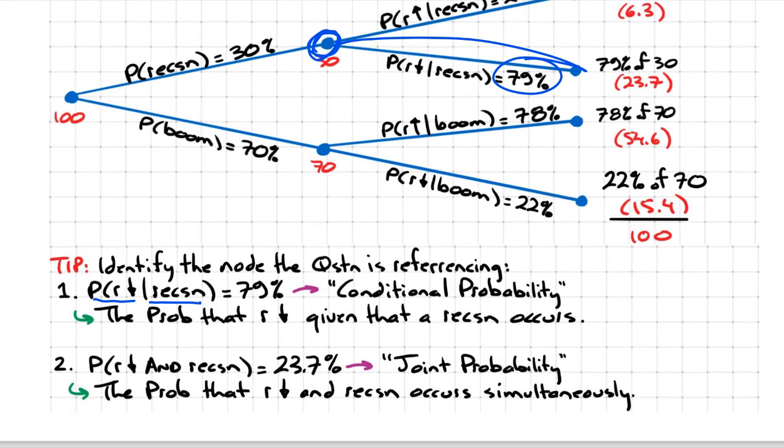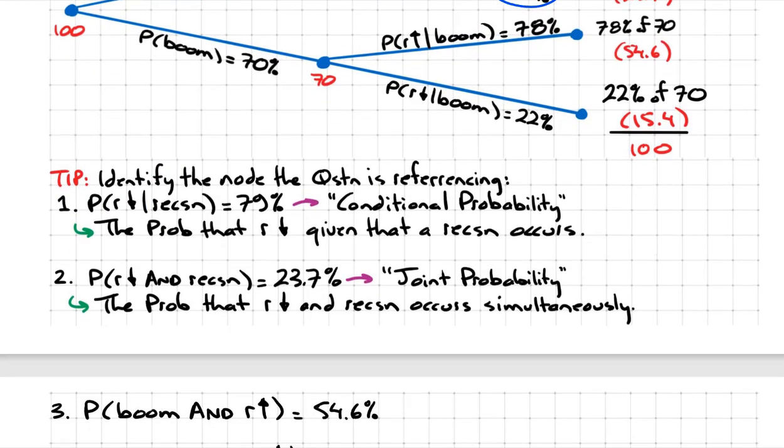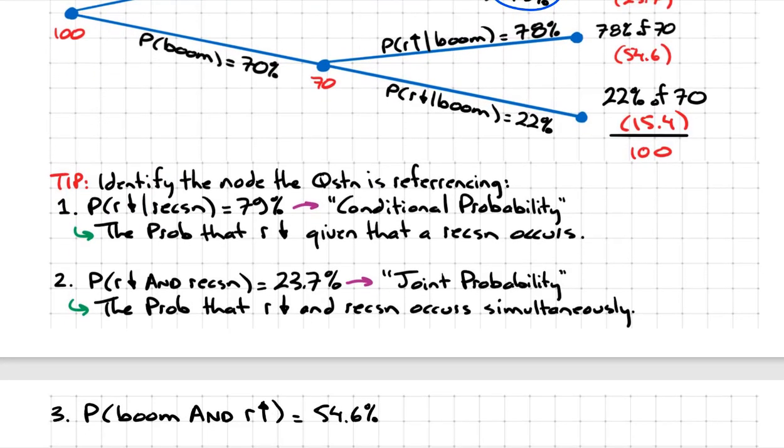So that's referred to as a conditional probability, as I referenced before, because it's saying what's the probability that interest rates will decrease given, i.e. conditional upon there being a recession. Let's look at the second question. It says, what's the probability that interest rates will decrease and there will be a recession? So this is a joint probability because it's saying what's the probability that both events have occurred? Well, for both events to have occurred,